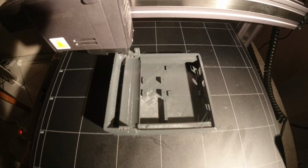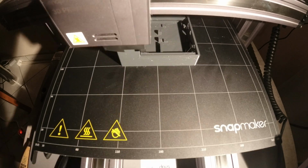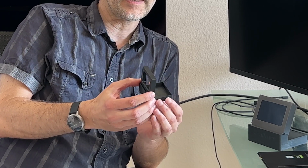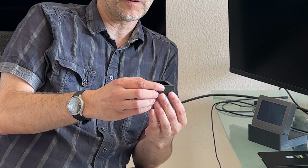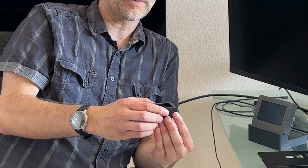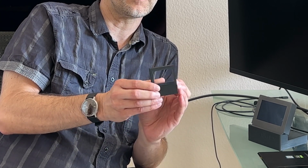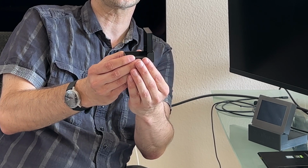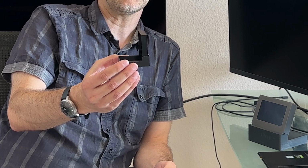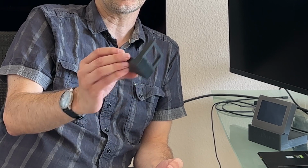So I tried to find another way, and I thought about 3D printing, and this was a first try to make a case for this device with a hole for the display on the front. The idea was to make it flexible, because you can put it on the top of a rack, for example, and see it from above, or you can put it in the 90-degree position, and you can see the display from the front. It differs by what kind of hi-fi rig you have and how you want it. So I thought it is a flexible way to do it. And this was the first try